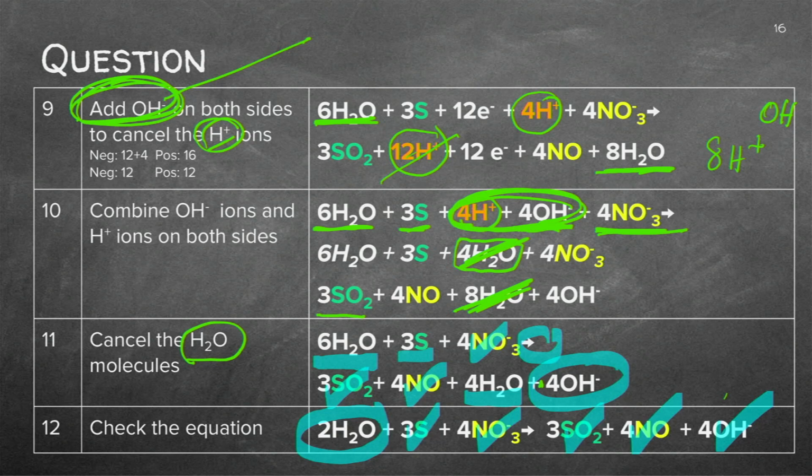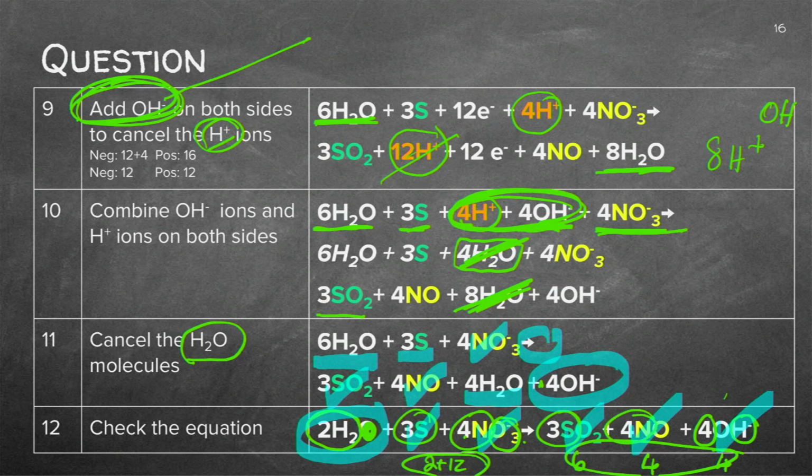So we need to check, do we have the right numbers? We've got 4 H's there and we've got 4 H's there. We've got 2 times the oxygen there plus another 12. So that gives me 2 plus 12. Here I've got 6 and 4 and another 4. That gives me 14. Where did I miss one? 4 times that is 12. 2 times that is 12. So that is also 14. Can you see? 14 oxygen, 14 oxygen. The sulfurs were in any case balanced and the nitrogen was balanced in any case.